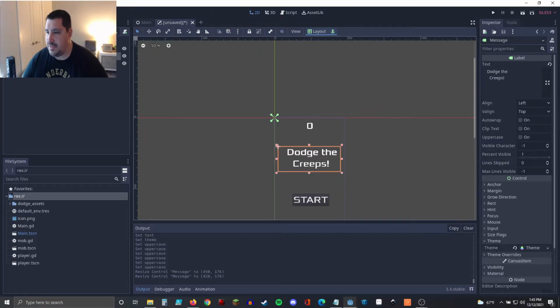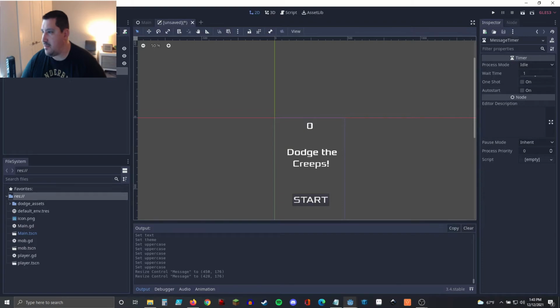Alright, now that we got our text filled in, it gives us the option here in the tutorial to precisely place our elements for score label, our message, and our button. In this case, I just kind of put them right in the place where they need to be. You can go through and change your alignment, auto wrap, and whatnot if you like, but we'll just continue on. So on the message timer, it says set the wait time to 2 and the one shot property to on. So let's find our message timer and we'll put the wait time to 2, turn on one shot,